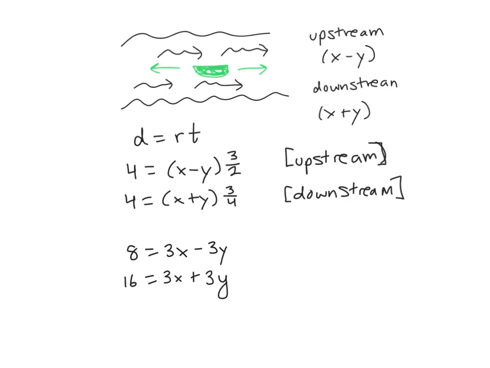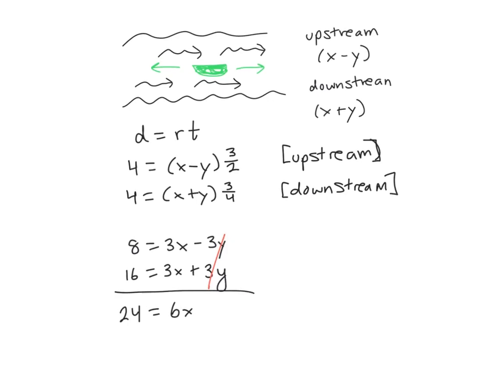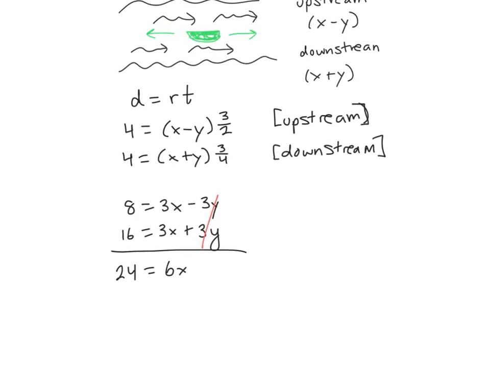You can see this is actually a perfect elimination problem because our y terms are already opposite, so these will cancel out when we add vertically. Then we get 24 equals 6x,